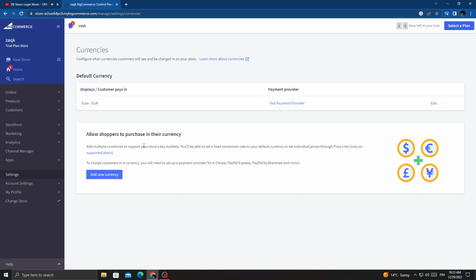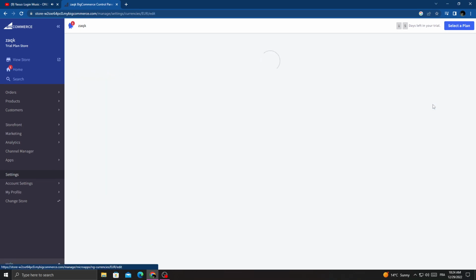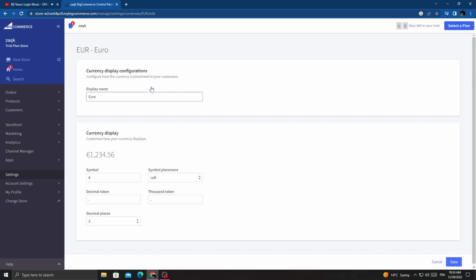and now just wait, and here you can manage default currency. Just click edit, and that's it. Just manage here anything you want, and then you can manage currency display settings, and that's it. And then just click save,